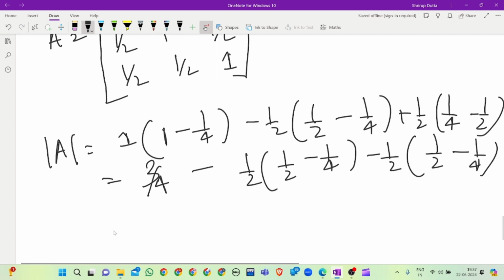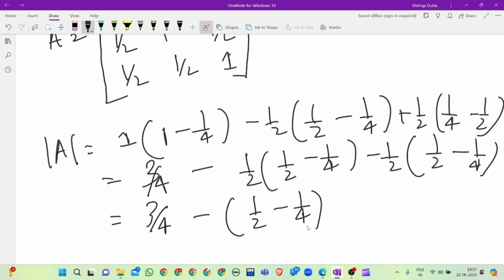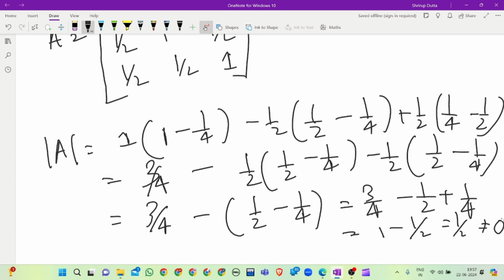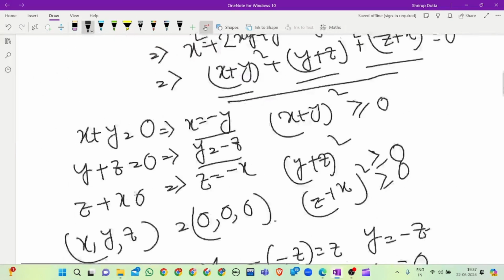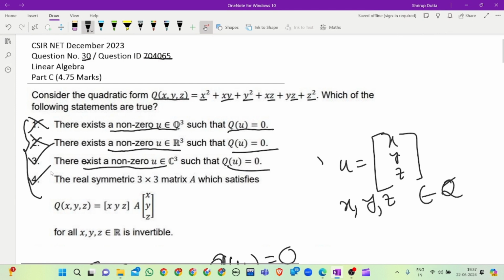So we have 3 by 4 minus, we have half and half, so we will get 1 by 2 minus 1 by 4, which is 3 by 4 minus 1 by 2 plus 1 by 4. So 3 by 4 plus 1 by 4 is 1, minus 1 by 2 is 1 by 2, which is non-zero. So A is invertible. So option 4 is true. So you will get